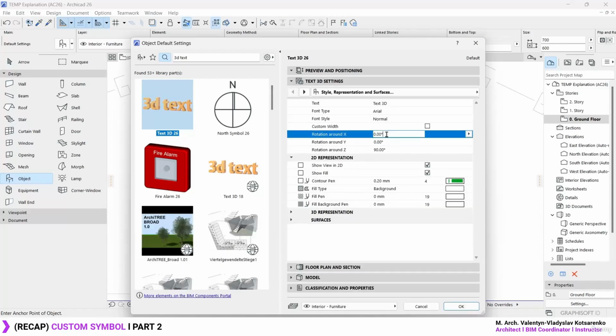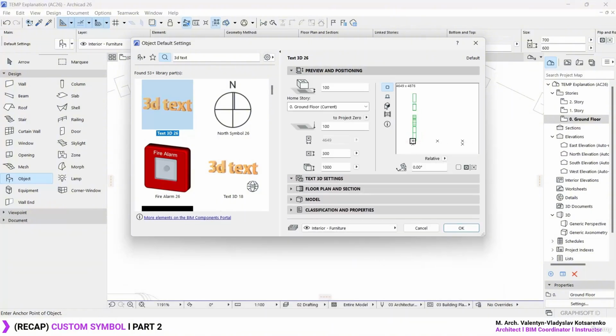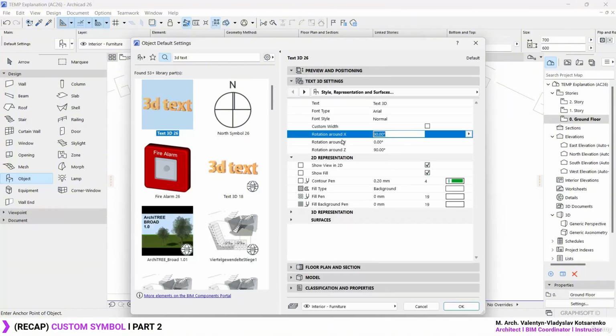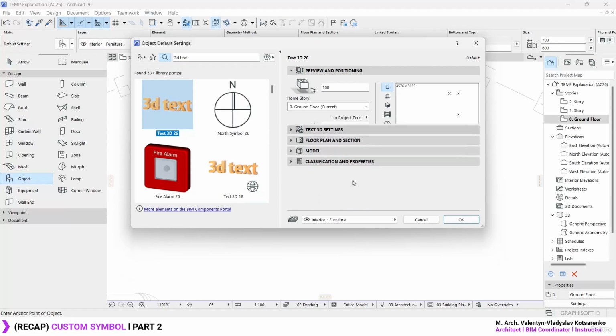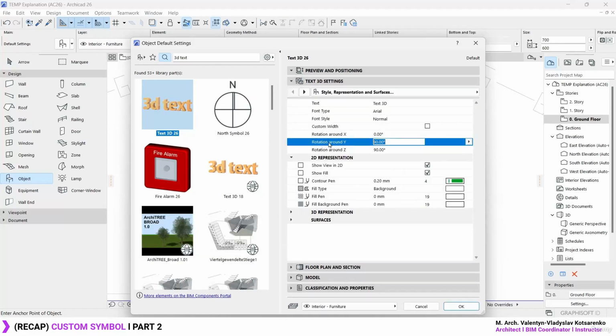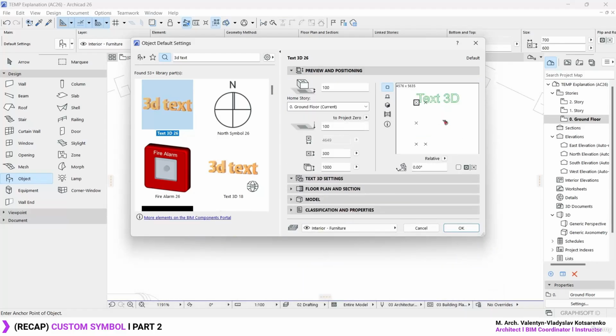Now let's see if we can mess around with the X rotation. No, the X rotation is not going to work for this case. Let's see if it's the Y axis. Yeah, it's going to invert it completely. So how about minus 90? The point over here is to make the text completely horizontal and make it so it displays in the 2D plan view. Once it's correctly displayed in the floor plan,